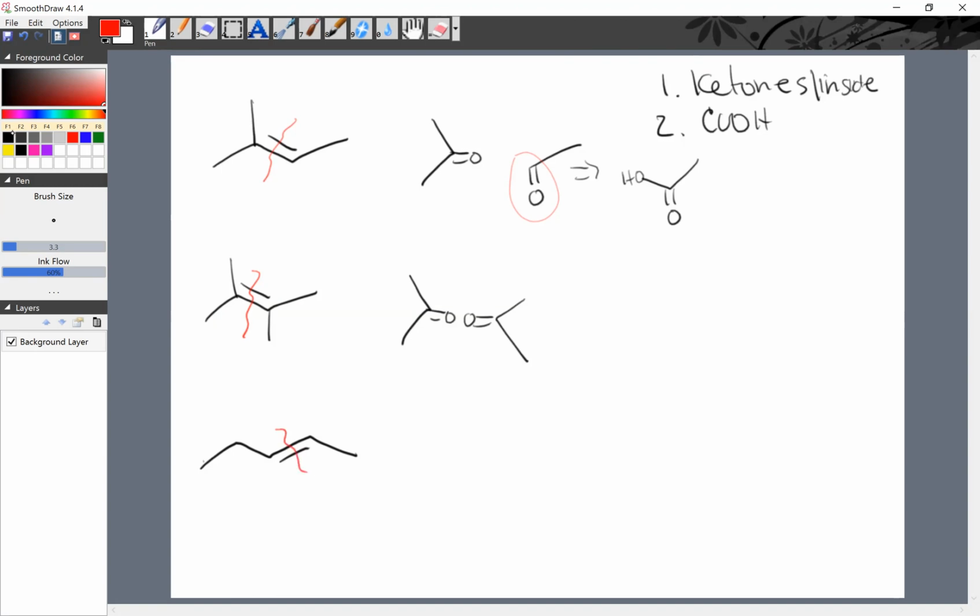Cleave, redraw the backbone, put double bonds in its place, carbonyls. Oh, these are both aldehydes, so they are going to continue on, and you would end up with two carboxylic acids. So for alkenes, potassium permanganate is strong, and it is going to continue on until it cannot oxidize anymore. So you will end up with ketones if it's smushed inside, or carboxylic acids if you first go through an aldehyde. And you finish that step off just with water